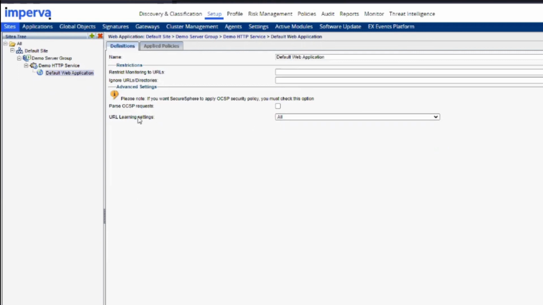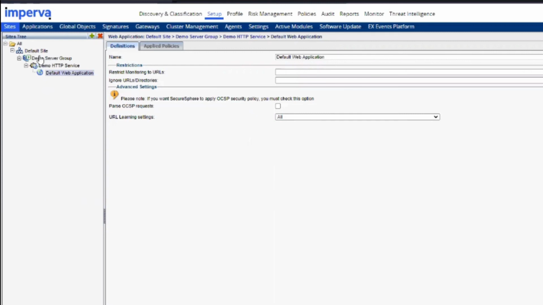The reason that's important is because the WAF gateways build a profile of your web application. By default, it's going to be all, so we're going to learn all of the traffic, all your static files. You could have thousands of images, and those are going to be in your profile. We're really not interested in those because they're not accepting inputs for the most part. There are limitations on the profile sizes, so we want to stay under those. That's why it's important to adjust this setting right from the get-go. Otherwise, you're going to have to come and clear out the profiles later to get within those limits.